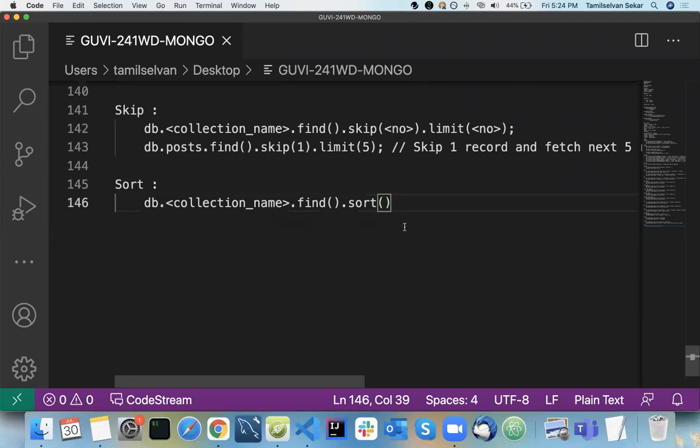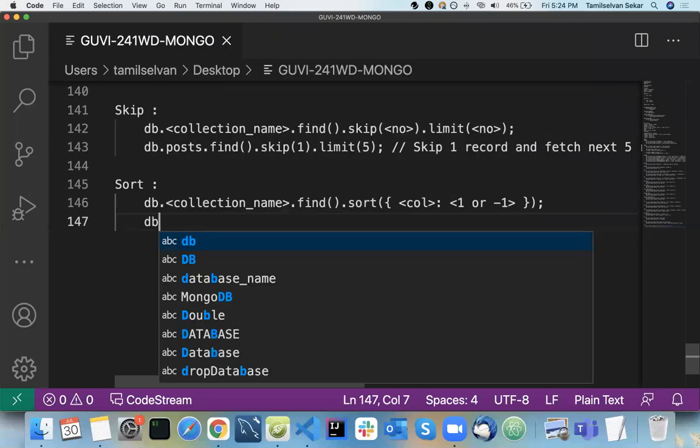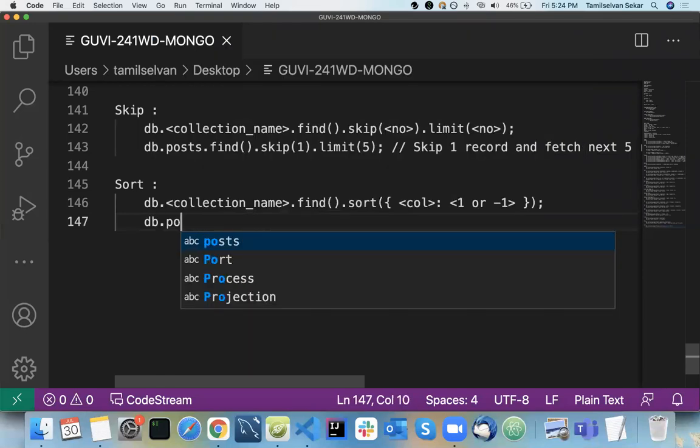So sort, okay. What are the columns that you want to mention here? If you mention 1 or -1, any values here. If you use 1, so for example db dot post dot find,